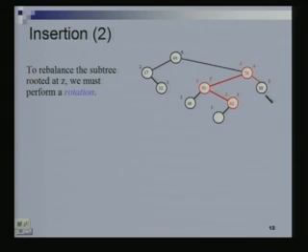If this was my original tree, is it an AVL tree? Height balance is satisfied here because this is 1, this is 1, this is not there, just forget this for now. This is also height balanced because this is 2 and this is 1. This is also height balanced because this is 1 and this is 0. This is height balanced because this is 2 and this is 3 initially.